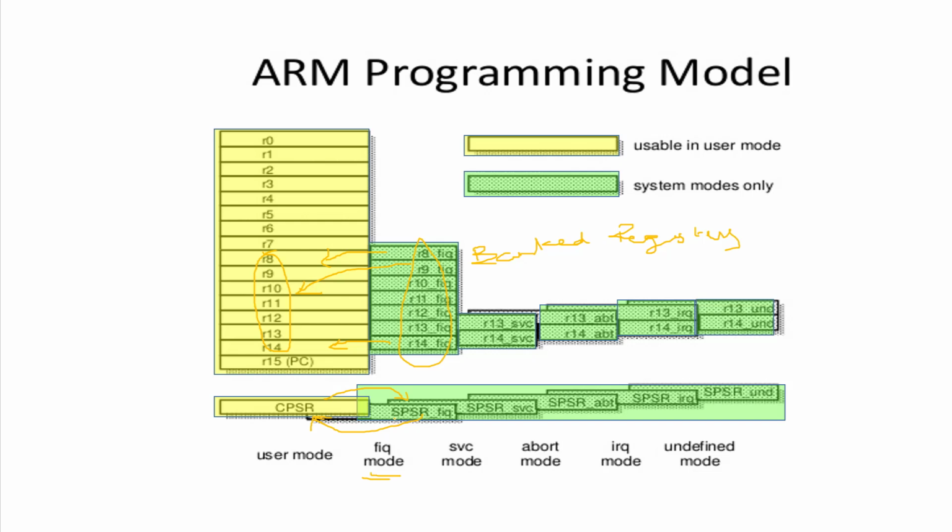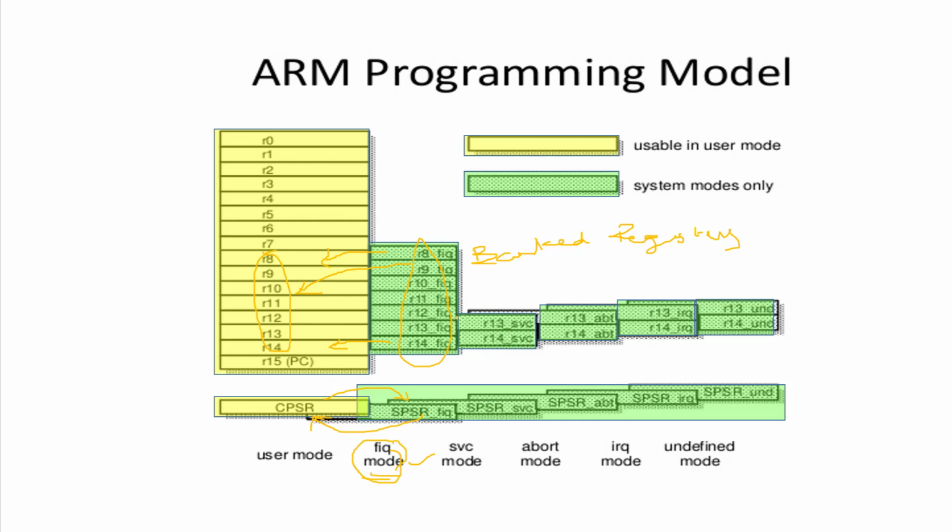Okay, so CPSR, since the ARM processor is currently in this particular mode, FIQ mode, fast interrupt request mode, what happens? The content of this CPSR, because of the previous operating mode, will be saved here in this SPSR_FIQ, and the CPSR will be loaded with this particular operating mode contents. Okay. Similarly, when you want to use this SVC mode, the supervisor mode, suppose you are using supervisor